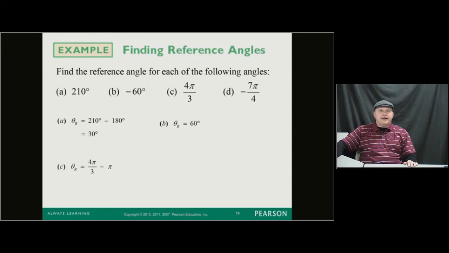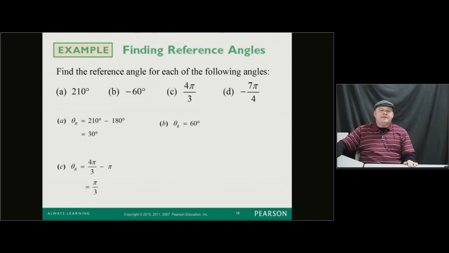Now 4 pi over 3 is again in the third quadrant. So that's going to take off pi. So that would be pi over 3, also known as 60 degrees. Now again, I'm not saying 4 pi over 3 and pi over 3 have the same measure. I'm saying the reference angle for 4 pi over 3 is pi over 3, because pi over 3 is acute. Now again, in itself, you'd probably wonder why this is so important. It comes in a bit, that what we do is if we want to take the sine of 4